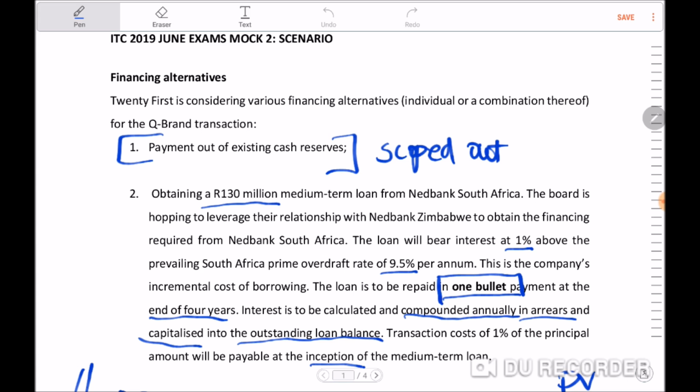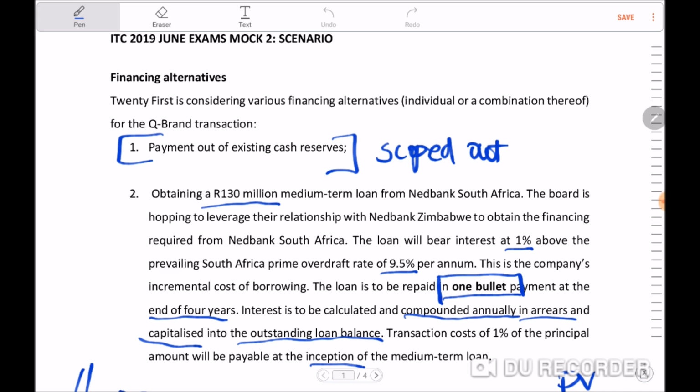If I had no relationship with Nedbank Zimbabwe, was I going to obtain this loan from Nedbank South Africa? Or in the event that the relationship with Nedbank Zimbabwe fails to give me my expected outcome, am I still going to obtain a loan from this Nedbank South Africa